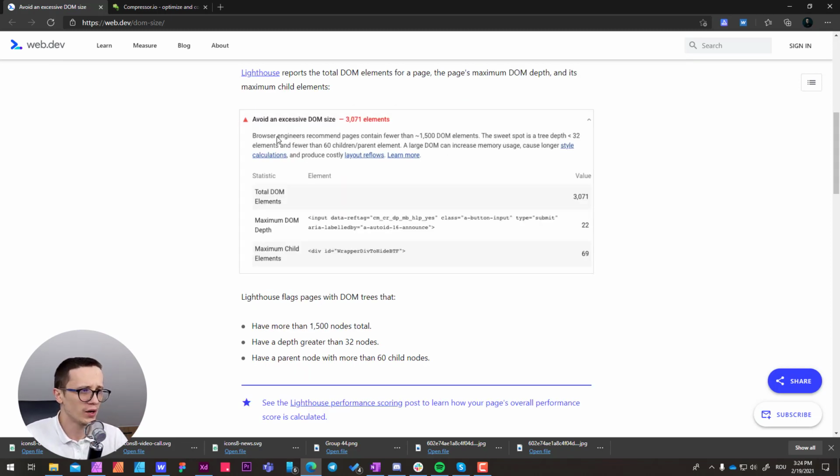Browser engineers recommend pages contain fewer than 1050 DOM elements. Now this is important, and that's why we want to have this mindset, guys. I'm always talking about this freaking mindset because it's such an important thing. Now we obviously want to have best practices when it comes to building our HTML structure. We want to have less than 32 elements on the body. This means that your body should not have more than 32 sections or 32 div blocks, and then we also want to avoid